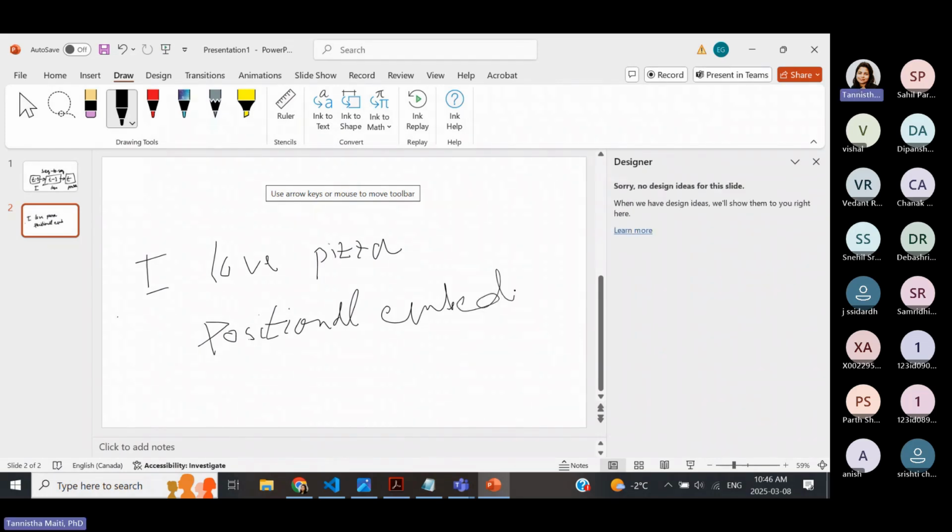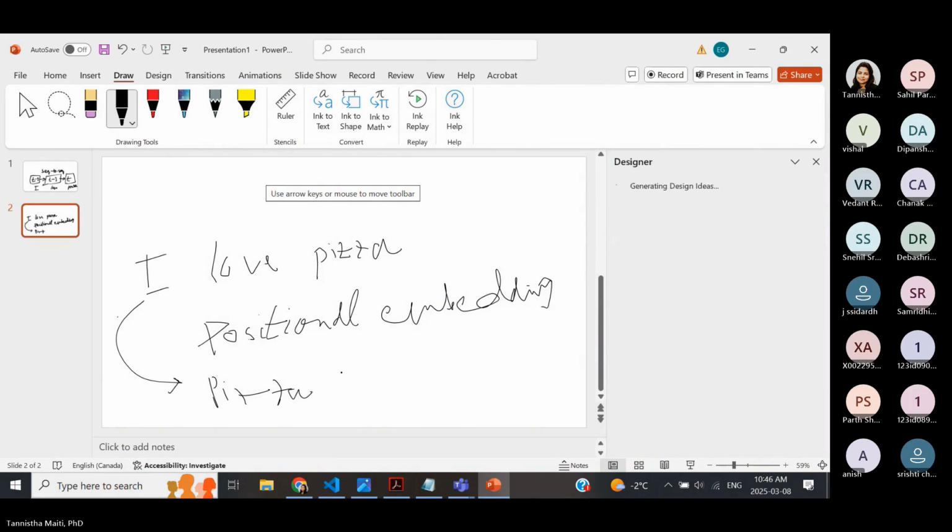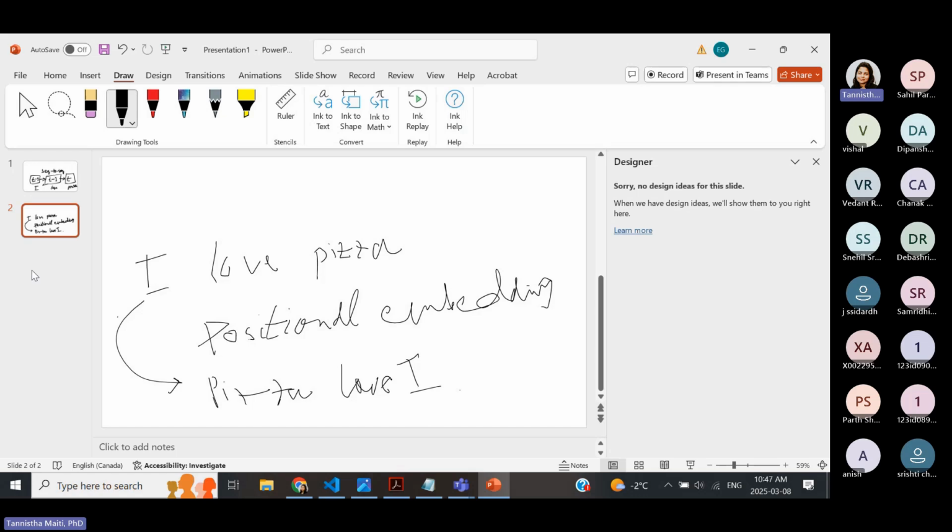So how do you define this positional embedding? I love pizza versus pizza loves me is of course different. Pizza loves I, for example. So we will talk about how positional encoding is done. There are a few different ways that you can work with positional encoding. One of them is called